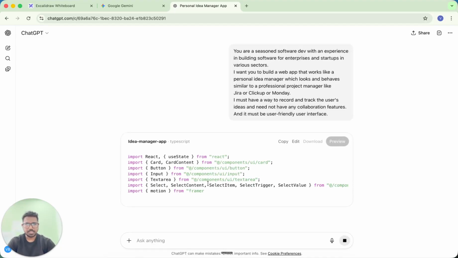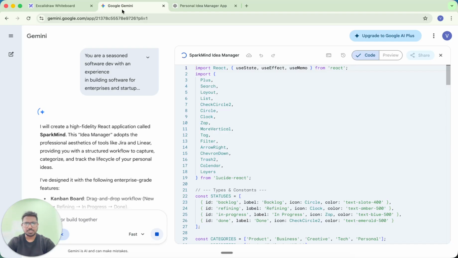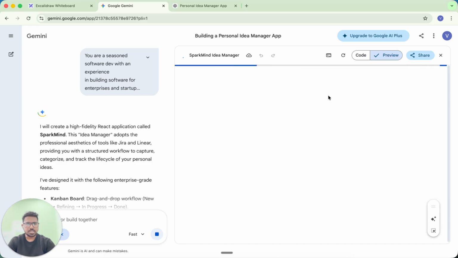going, okay, it is creating the app, unlike in the last time where it was only showing the code or the instructions. And for Gemini also, it is doing a job. It is also already creating a React application, which is the most common way of responding to a web application using these tools. So it has created something.